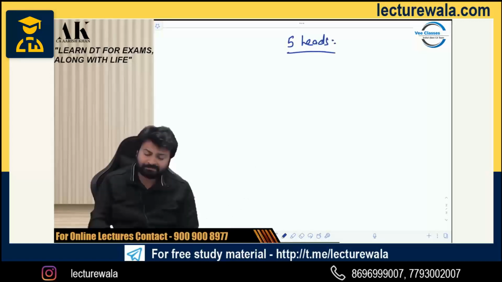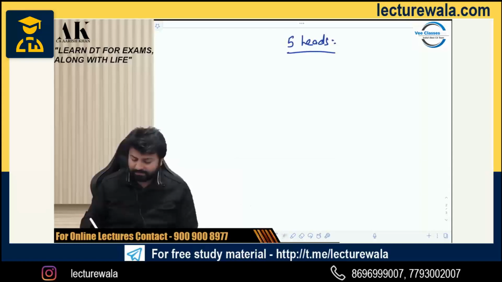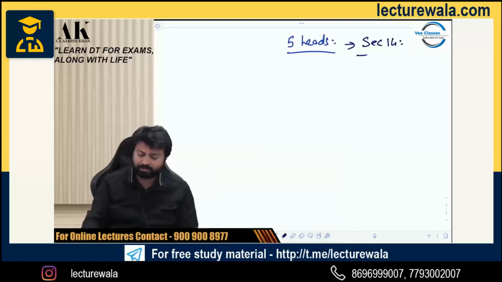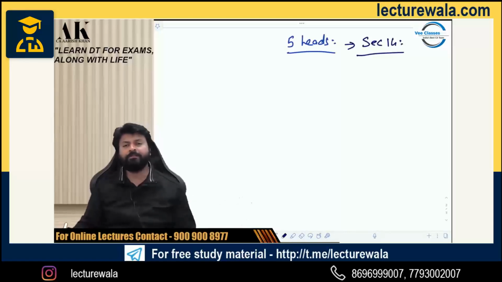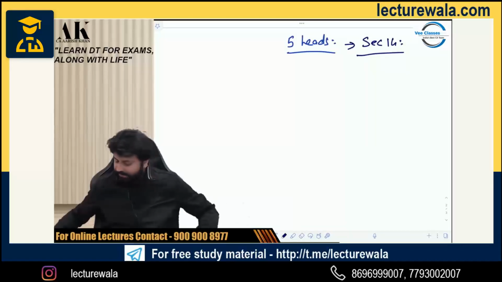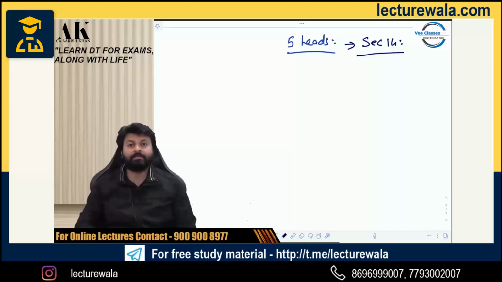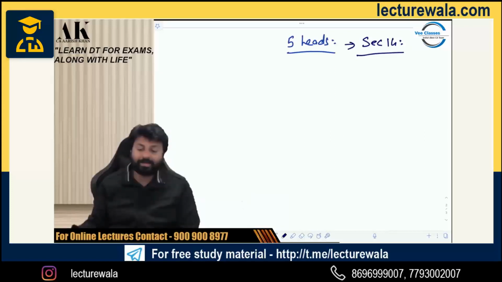Which are the 5 heads? And where is it written that income is divided into 5 heads? It is written in section 14, for your kind information. Section 14 tells us that income is divided into 5 heads. So section 14 does the classification of income. Now start the heads. First,